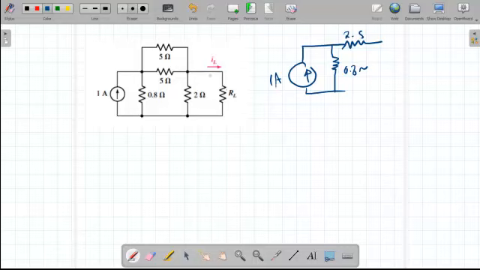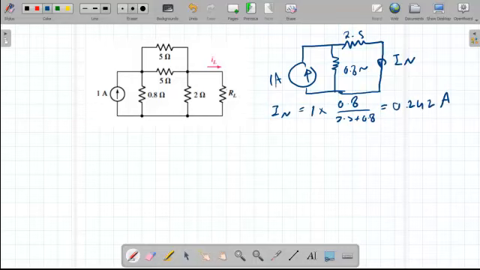Now, when this becomes a short circuit, what happens? The 2 ohm also becomes short circuit, so the current will only flow into the short circuit. So this will be my I Norton. I Norton will equal 1 amp. We just apply a current divider times 0.8 over 2.5 plus 0.8, which is equal